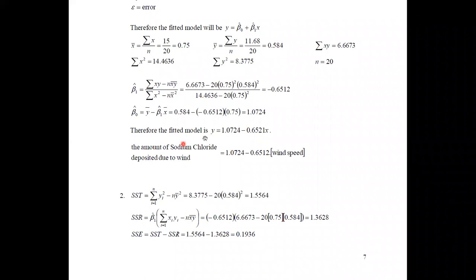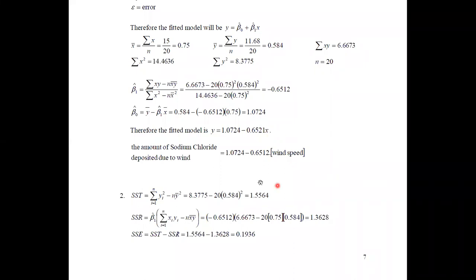But according to the given problem, we have to name the y and x accordingly. Y can be the amount of sodium chloride deposited due to the wind. Then this equals 1.0724 minus 0.6512 into wind speed, where x has been identified as the wind speed.